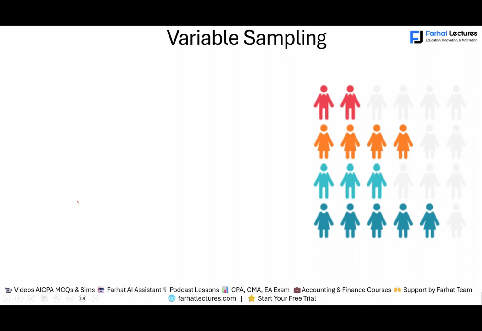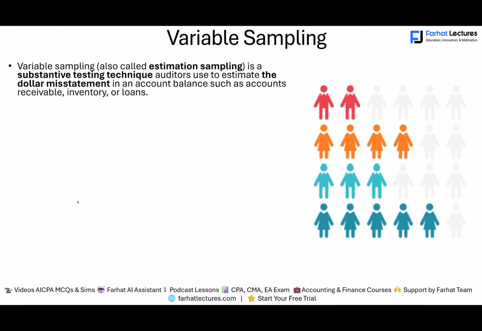Hello and welcome to this session in which we will discuss variable sampling. Variable sampling is also called estimation sampling. It's a substantive testing technique that the auditor uses to estimate the dollar amount. Simply put, we're doing some substantive testing. For what purpose? To determine whether an account is fairly stated or not, whether accounts receivable is fairly stated, whether